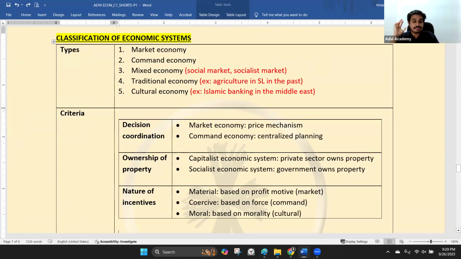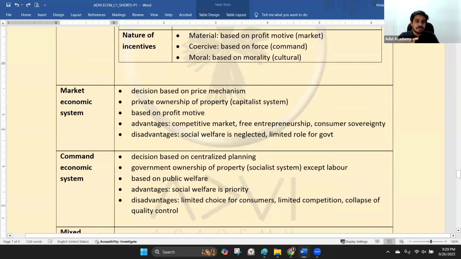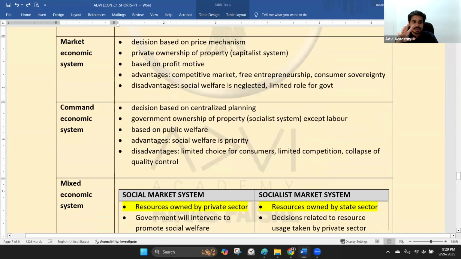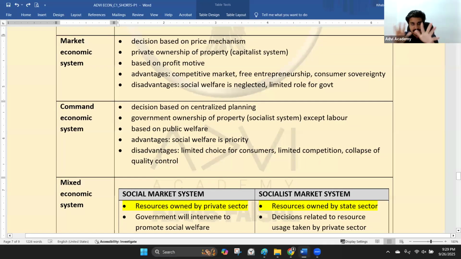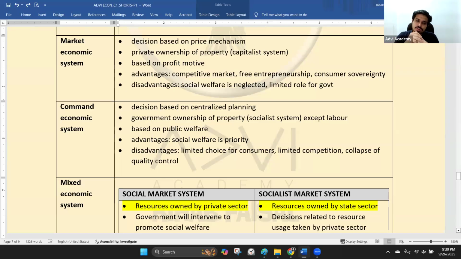And then you have your types and your criteria both. And then basically you have your market economic system, command economic system summary. These are the most important points for you to remember. Advantages, disadvantages also I have given. You can add anything to this. You can add more points by looking at short past papers and all, which might give you more points. That's a good enough list for you to memorize and keep. This short note is enough for you to tackle those questions. You always see a lot of questions coming from it, right?